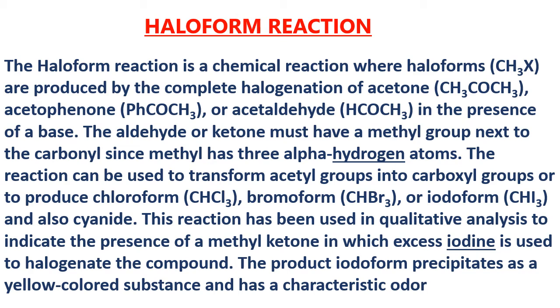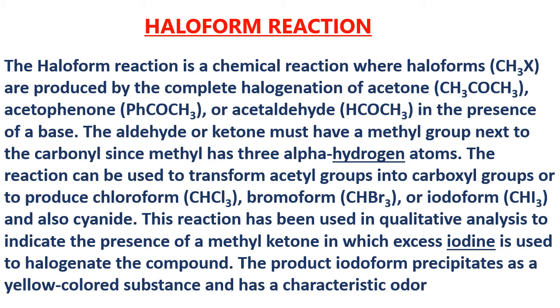For example, acetaldehyde. What is the formula? CH3CHO. How to write CHO? C double bond O, H. So C double bond O has a link with what? CH3. That means acetaldehyde contains the CH3CO group. So this acetaldehyde will give a haloform test, positive test. Now you take one more example. Propanone or acetone, where it contains the CH3CO group. So this also will give a positive test for haloform. That means any organic compound where you find the methyl ketone group, that is CH3CO, those compounds will give a positive test for haloform.